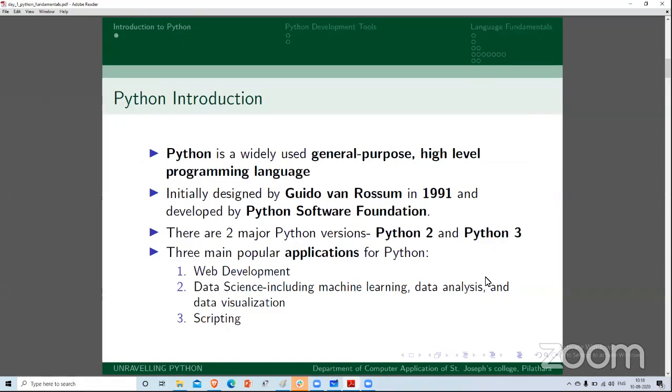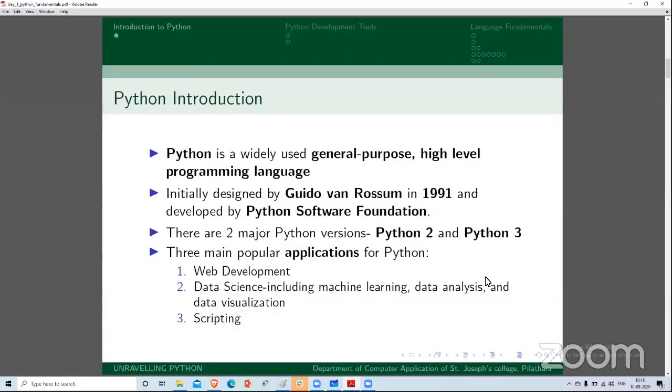Like we are using PHP for web development, C and C++ for core application and desktop application development, Android for mobile application development, and R for scientific computing. So according to the purpose of the language, we are using it in different ways.